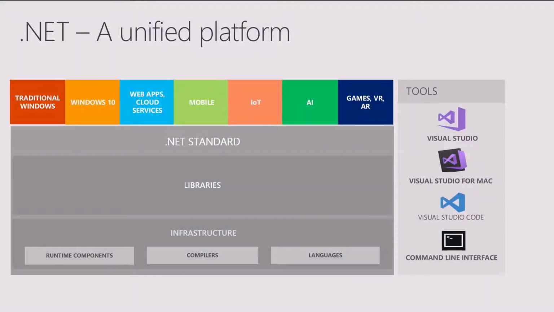And it looks a little bit like this. As a developer, I no longer have to worry about what platform I want to actually target. I create a .NET Standard library that all of the platforms implement, and I can deploy that DLL absolutely everywhere using any of the tools, Visual Studio, Visual Studio for Mac, VS Code, or even the command line to any of these platforms. And it's not just mobile and desktop, it's also IoT, AI, games, VR, AR, and even those